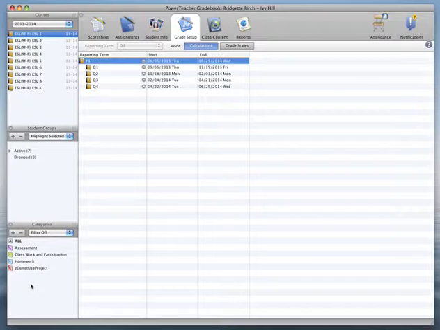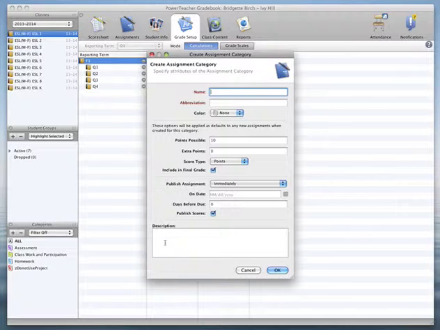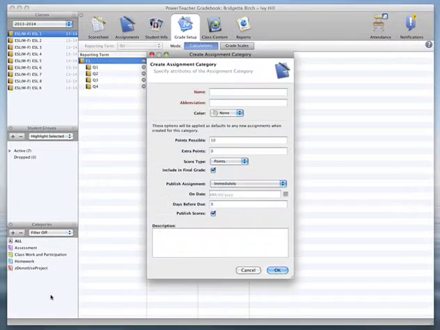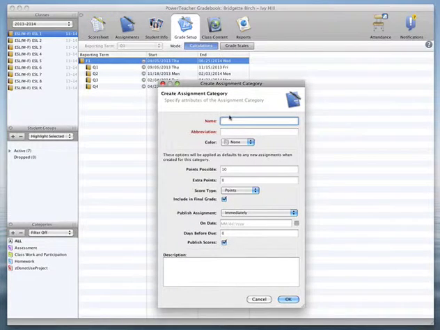In the instance that you were to accidentally delete a category, you need to know how to create one. And you do that by either clicking on the plus button, or I'll show you another way as well. Right-click within the categories panel, and you will get the option to add a category. We will put in the name of the category, the abbreviation, choose a color, the possible points, the score type,